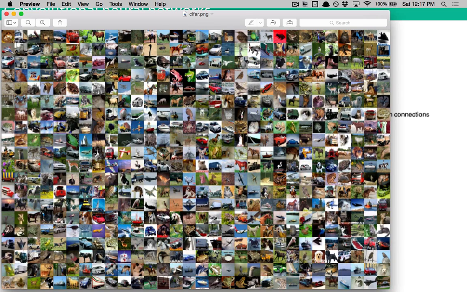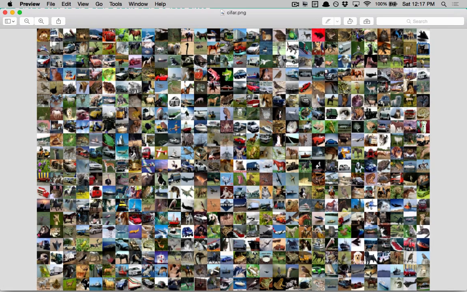This is another data set which we also use very commonly in machine learning, called CIFAR. I think it's made at Berkeley or California, I forget what it stands for.